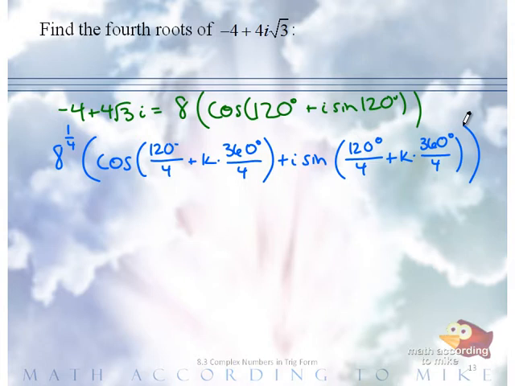What is 120 over 4? And 360 over 4? So what this says in English, you're going to start with your argument being 30 degrees,